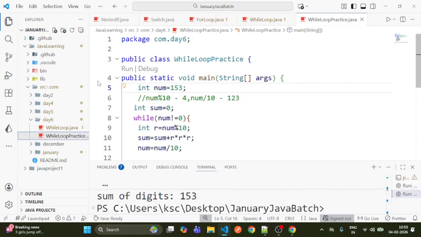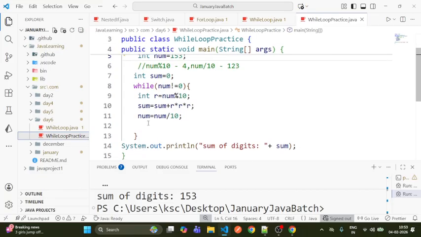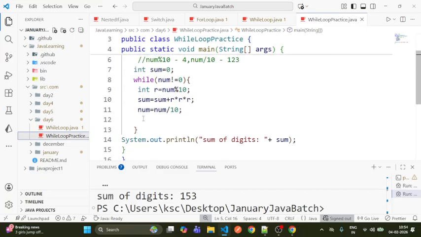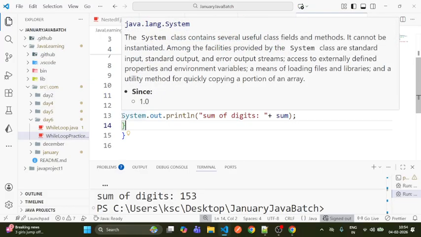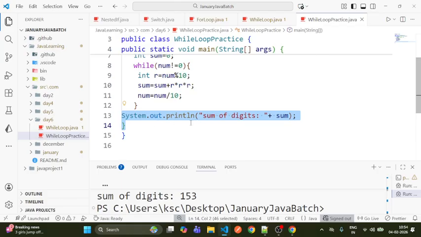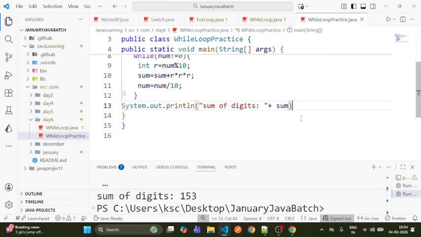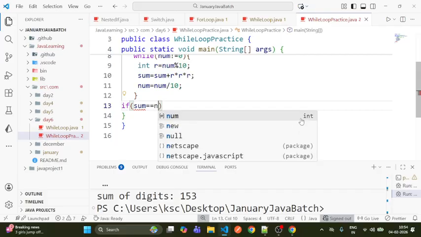My sum of digits is also 153, but my aim is to check whether it is Armstrong or not. That means I have to check whether the sum equals that number or not. Simply I can take: if sum equals to num,